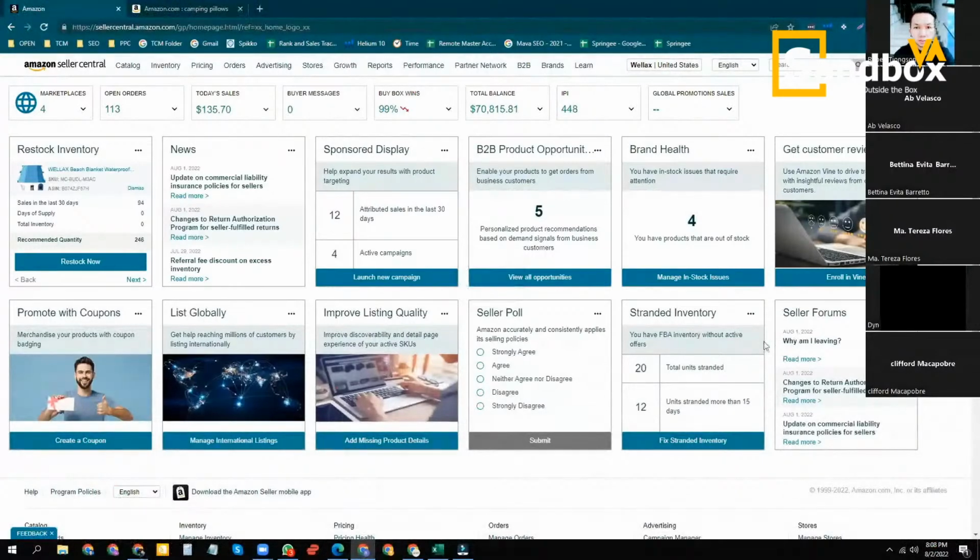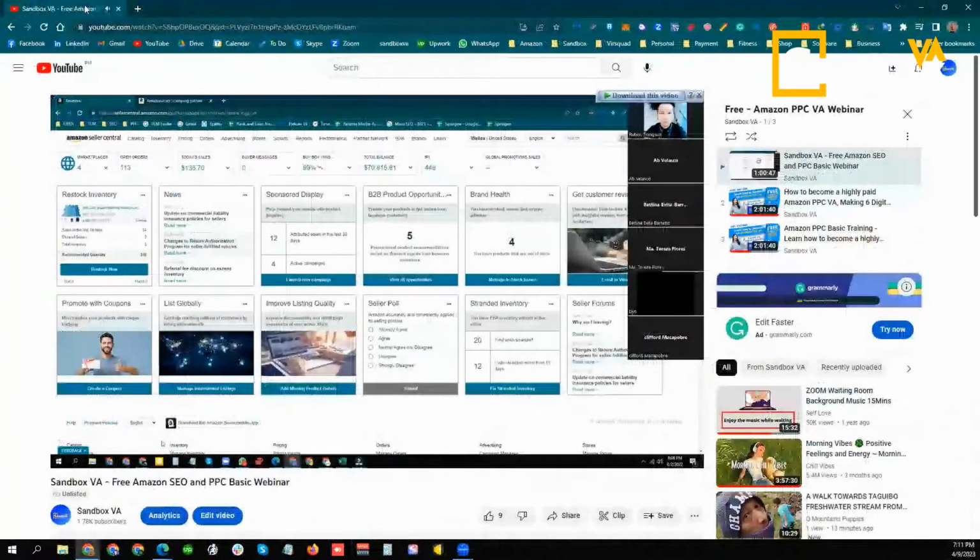So the very first topic that I'd like to discuss pagdating sa PPC is, there you go. What are the different types of